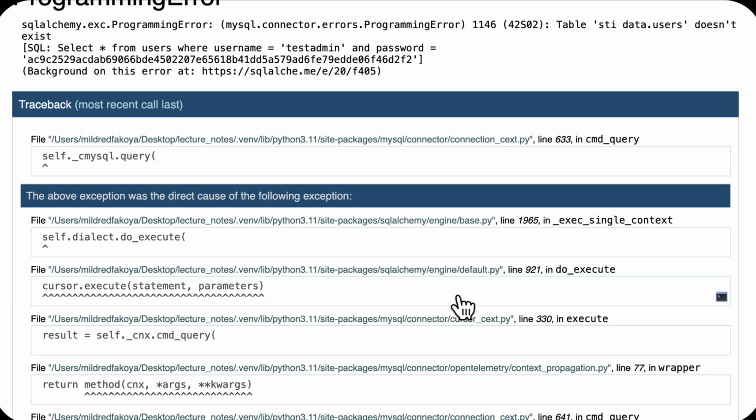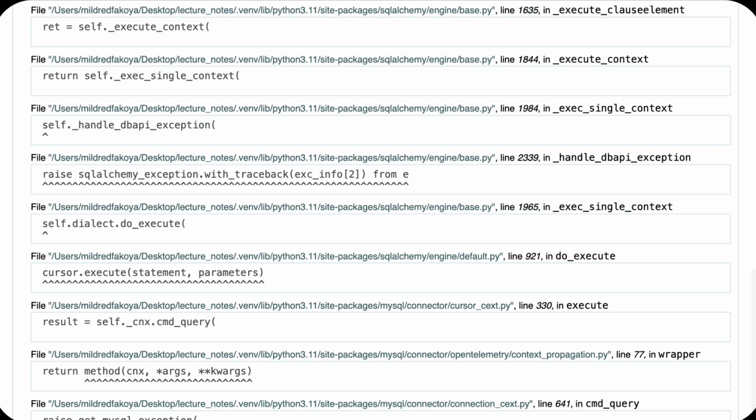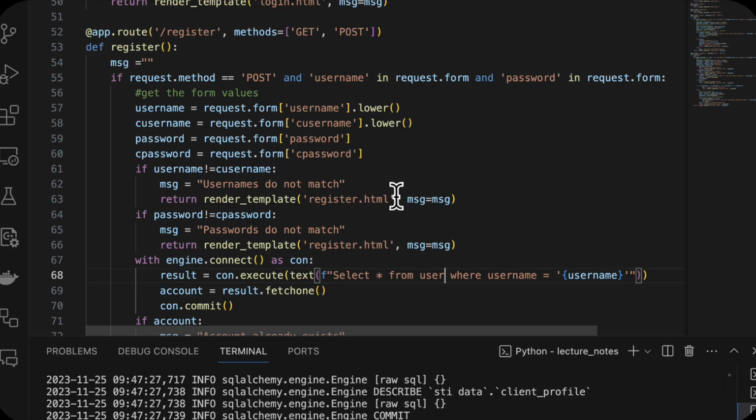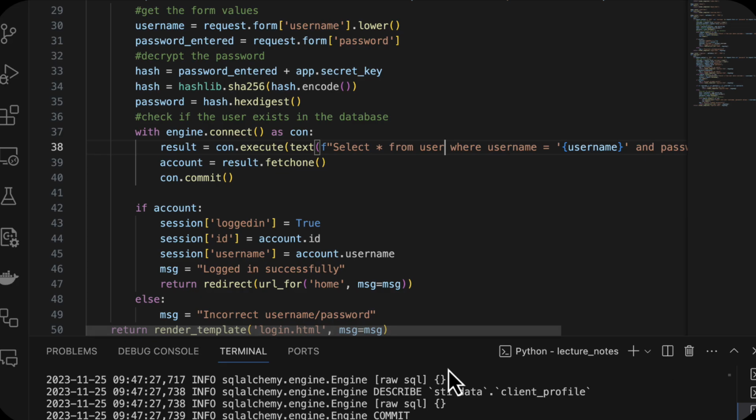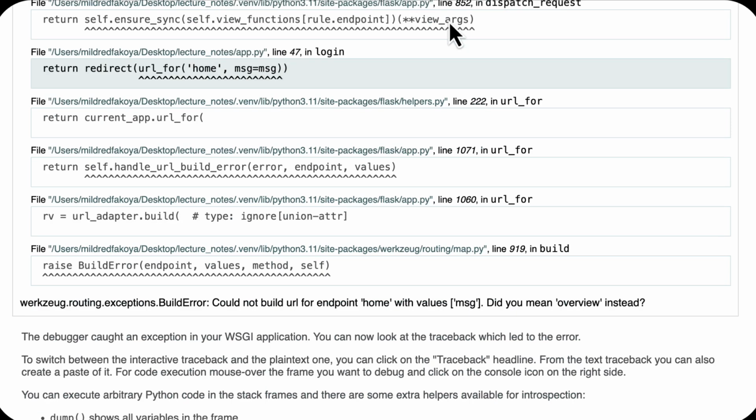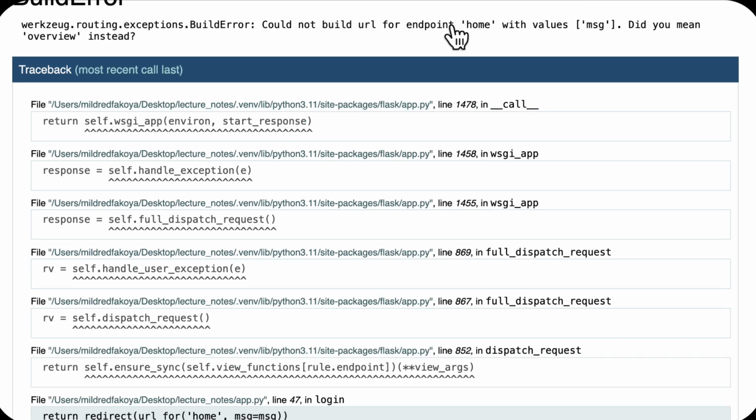So this has a problem. The problem is the table users. I used users instead of user. So I have to go back to the login route to see where I used users, not user. And this is the place. Save here, refresh. And if this is the only error,